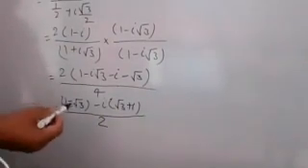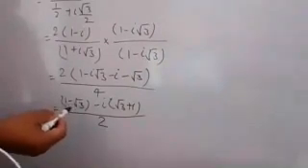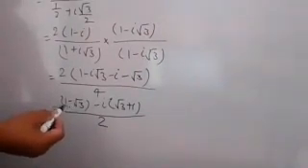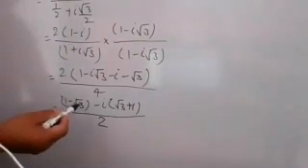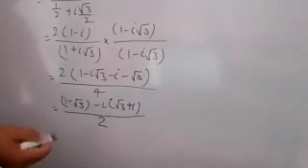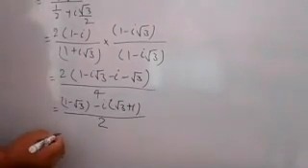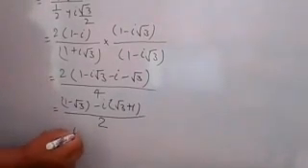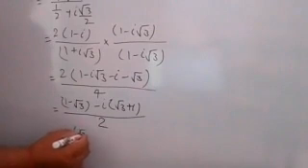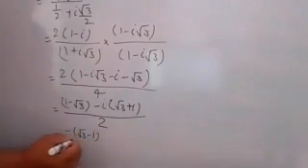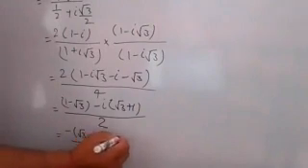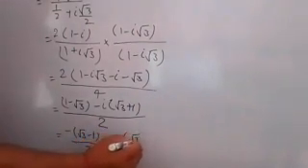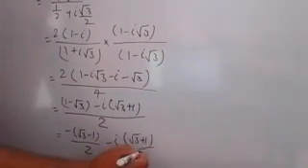And here you see 1 minus root 3 is negative. 1 minus root 3 becomes negative. So you have to take minus common. So take out: root 3 minus times of root 3 minus 1 by 2. And here minus i times of root 3 plus 1 divided by 2.